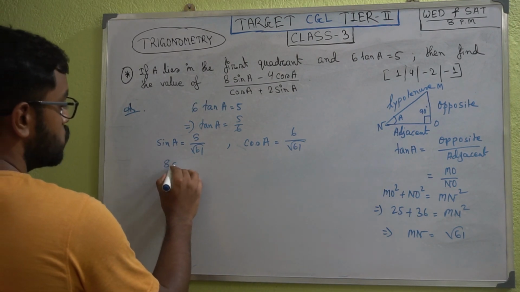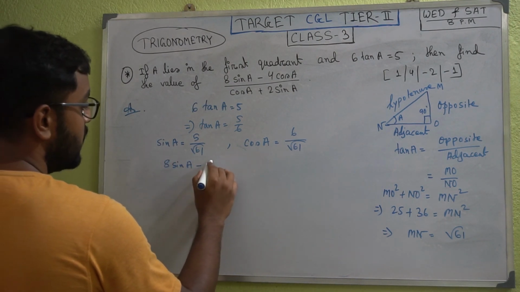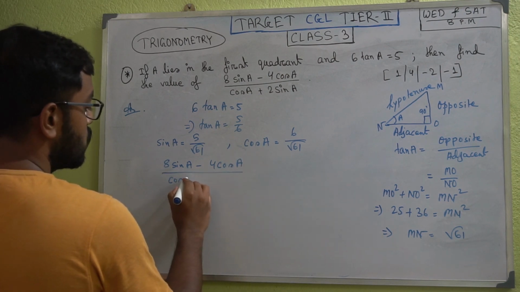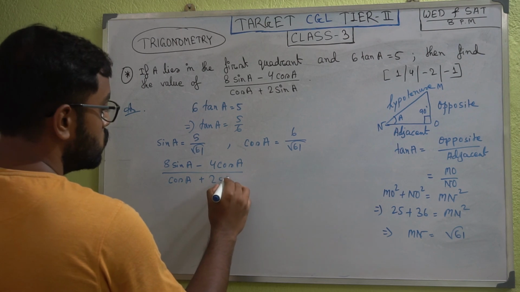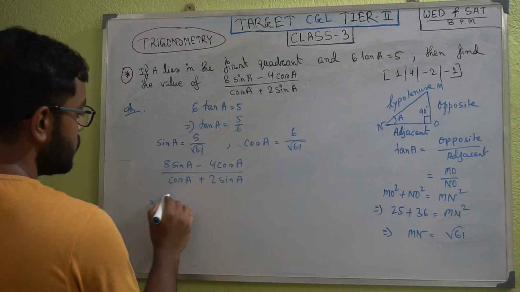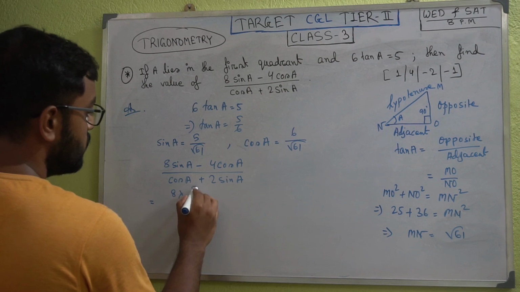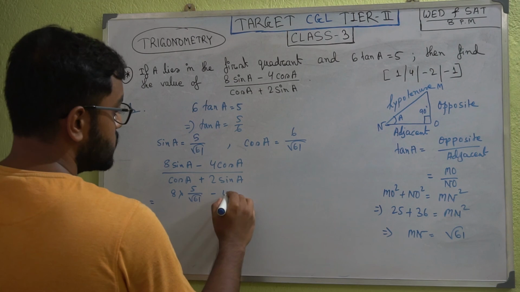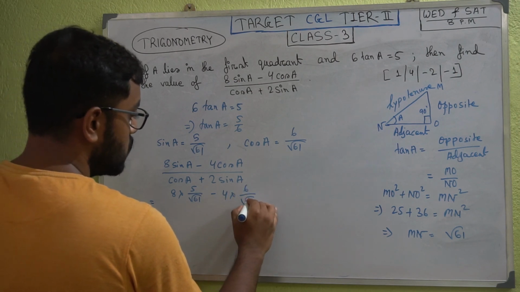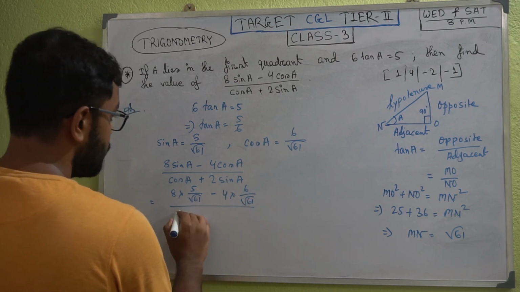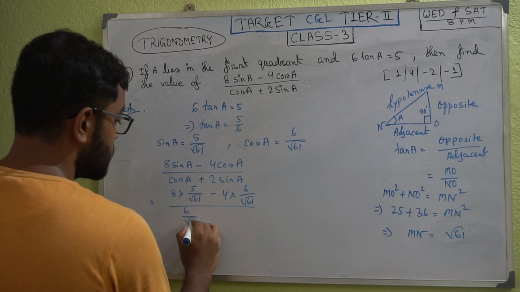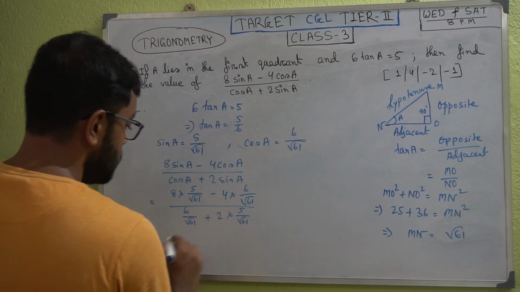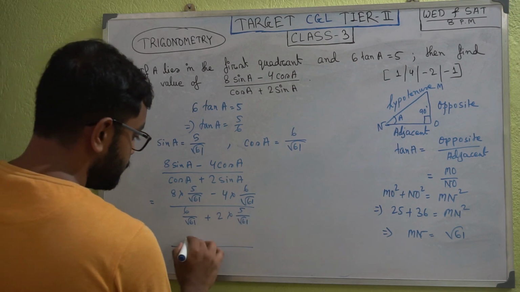Now we have to find the value of 8 sin A minus 4 cos A by cos A plus 2 sin A, that is 8 into 5 by root 61, putting the value of sin A and cos A, minus 4 into 6 by root 61 by 6 by root 61 plus 2 into 5 by root 61 equal to